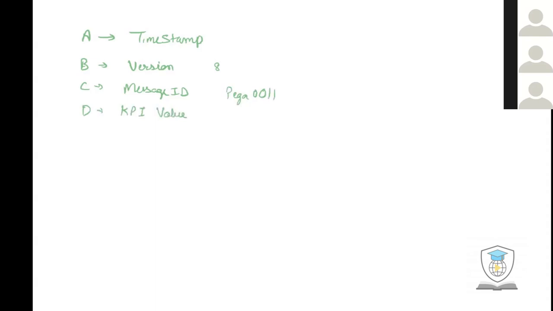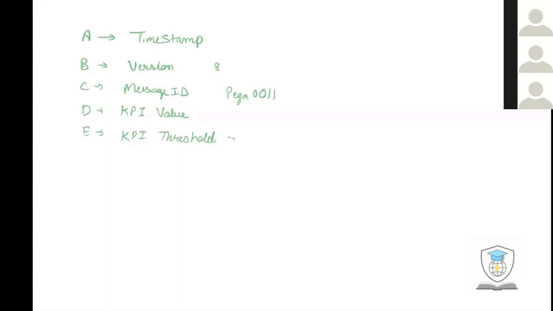We have a KPI value. This is observed in milliseconds or as a count of the value. This is called the key performance indicator, and it is in milliseconds. And in column V we have the KPI threshold, which is the threshold value for this alert type. If it is crossed, we see what the threshold value is and what the actual value is. The entry is in the alert log because it has crossed the threshold value.